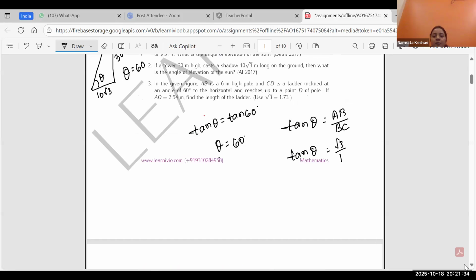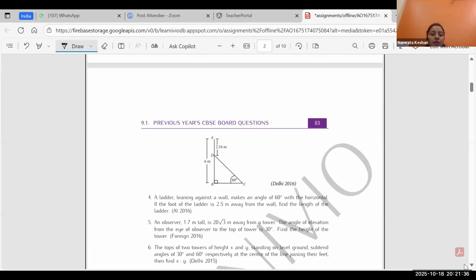Let me explain what is given in this figure. Here AB, can you see, is it readable? Can you see A, D, B, C? Yes, ma'am. Here it says the complete AB is 6, which is shown in the figure as well, right? Yes. Okay, the complete AB is 6,